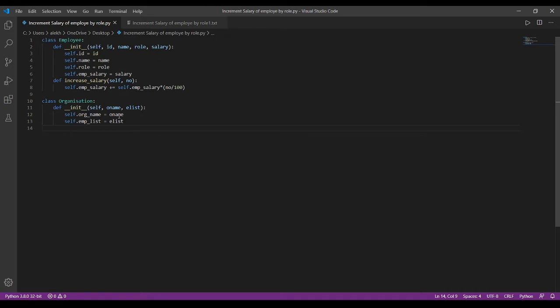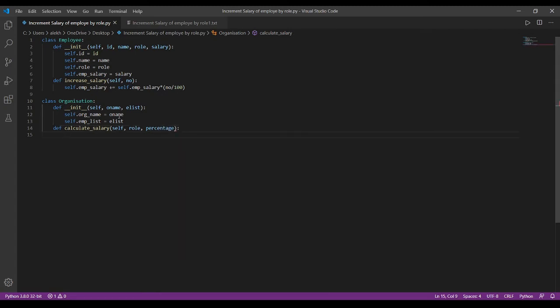Here we are creating another method called calculate salary. Def calculate_salary. This function takes the parameter self. This is predefined, it should be present. You can write either self or your own name, but it is necessary. It represents the object of that particular class by which variable we are calling. And role, and percentage.